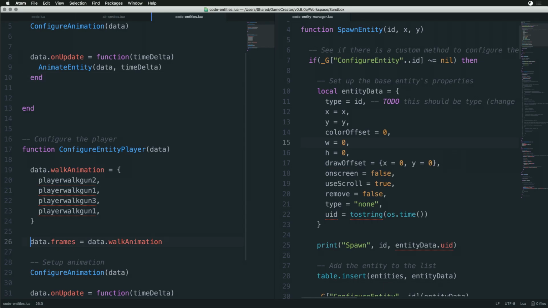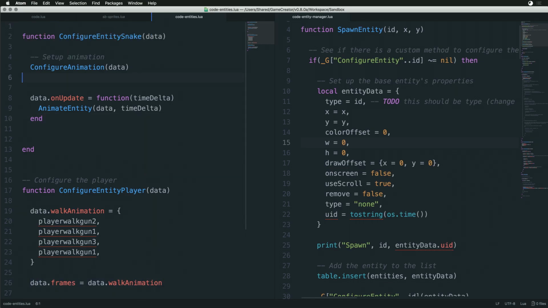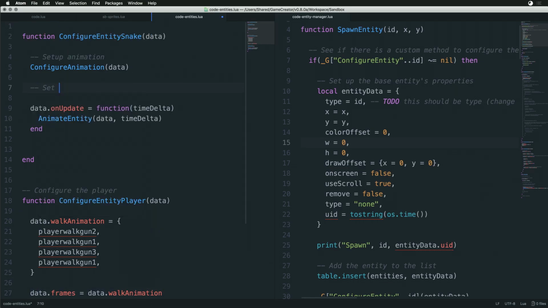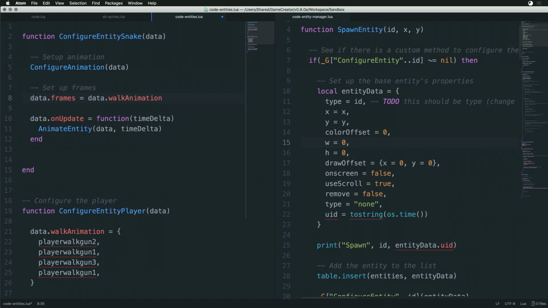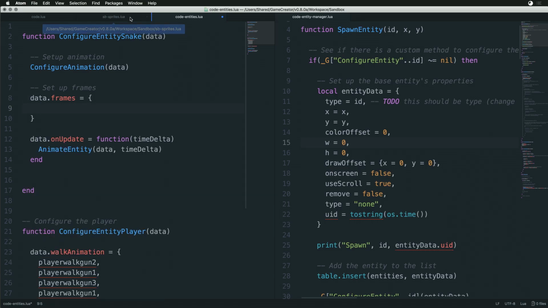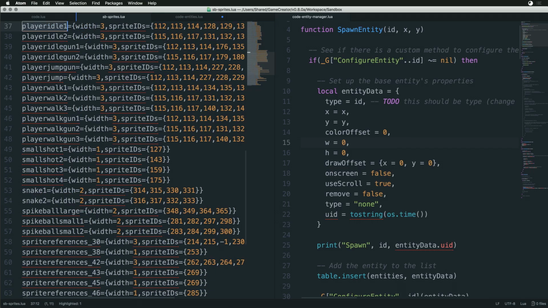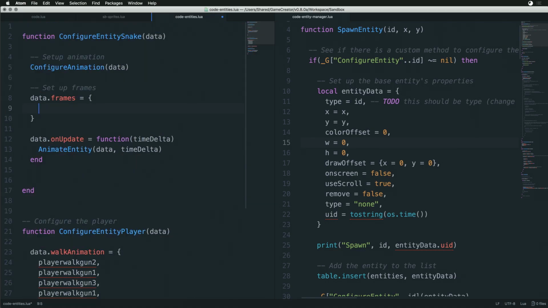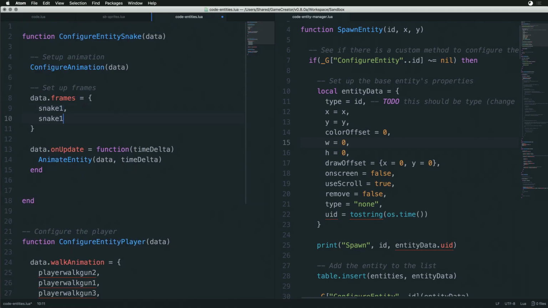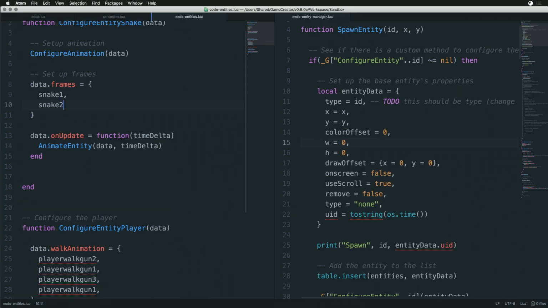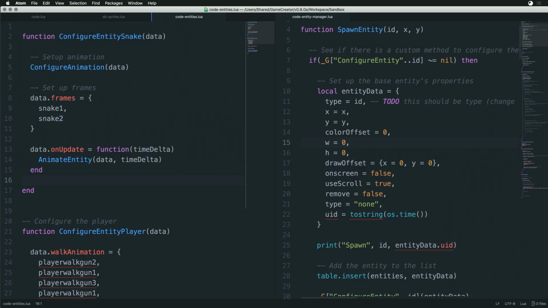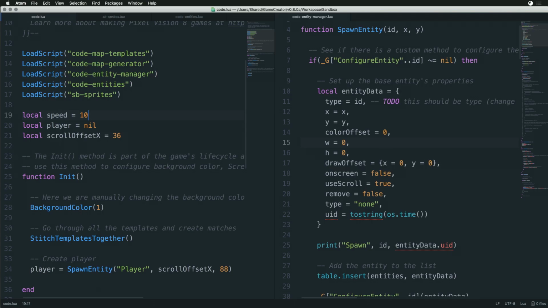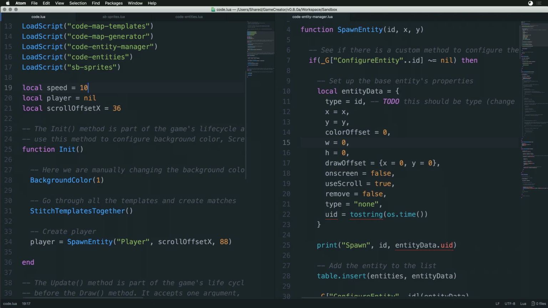But what we really need is to make a set of frames. The snake is a good one because it only consists of 2 frames. So all we're going to do here is build a table. And it should be something like snake 1, snake 2. Snake 1, snake 2. Right? So now if I was to come back here and